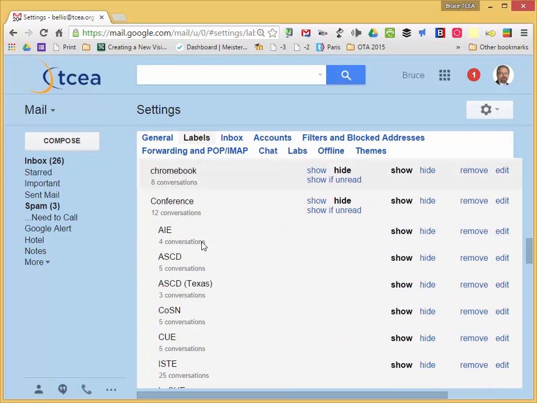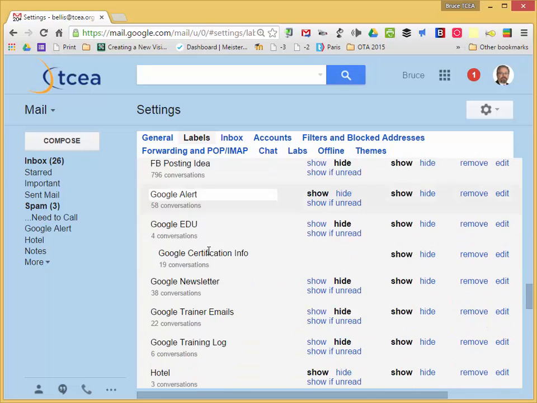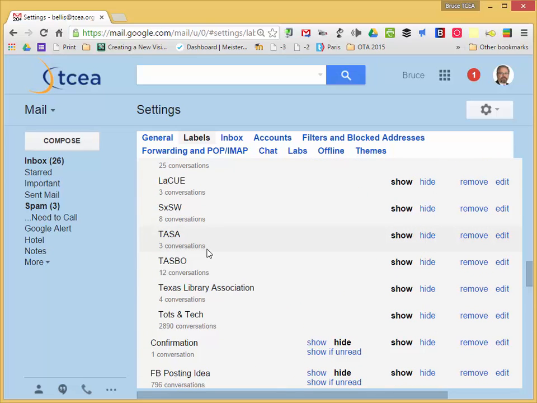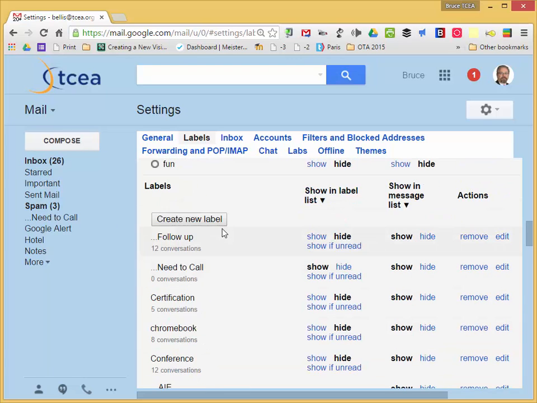Each of these labels allows you, while you're in an email, to apply it to that email and then later go back and search for it. You can have up to 5,000 labels. Definitely you're not going to use that many. But however many labels you have, you can apply as many as you want that are relevant to that email. So I'll create a label here,